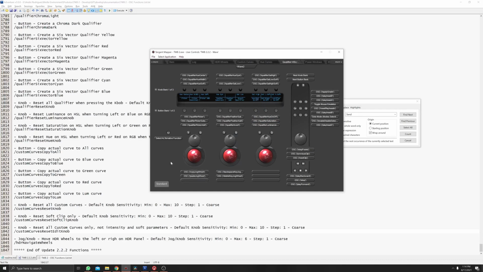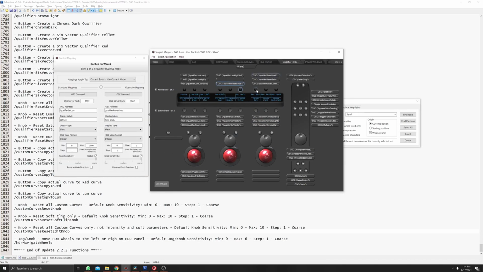On the qualifier mode, we had to do the same thing here. We moved the reset buttons to here on top, and now we have new functions for reset hue and red, reset saturation and green, and reset loom and blue. If you turn to the left, you're gonna reset hue. If you turn to the right, you're gonna reset red.